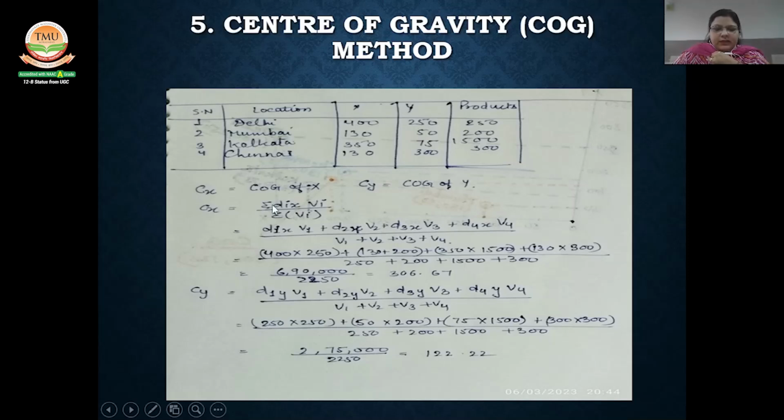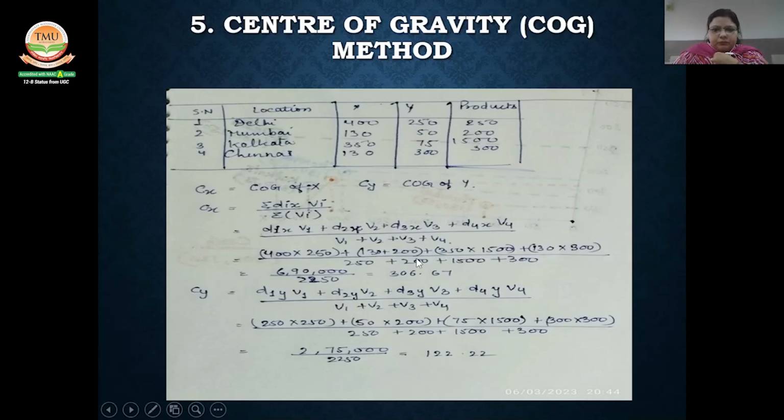Center of gravity of X location. The formula of center of gravity is equal to sigma dix vi upon sigma vi. Now we will find d1x v1 plus d2x v2, d3x v3 and d4x v4. Here we can see d1x is equal to 400, okay, and v1 is 250. Now we will multiply both of them, and again we will add 130 multiplied by